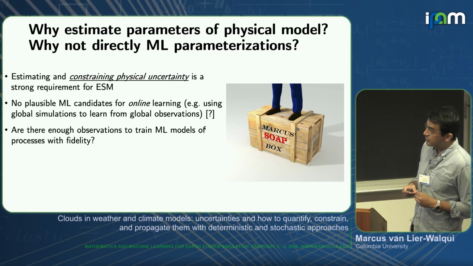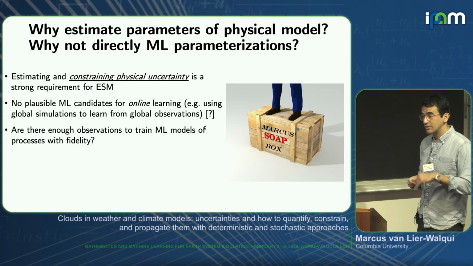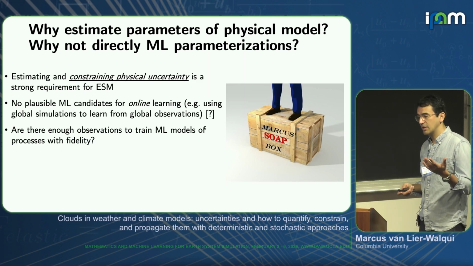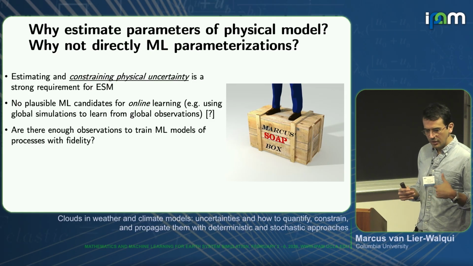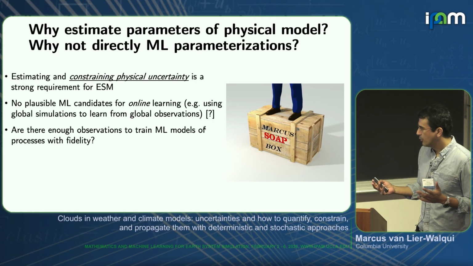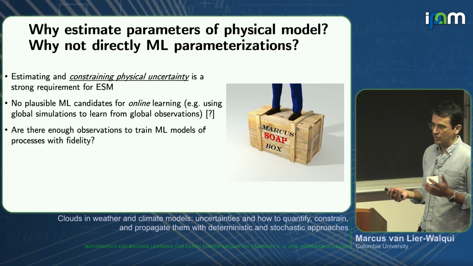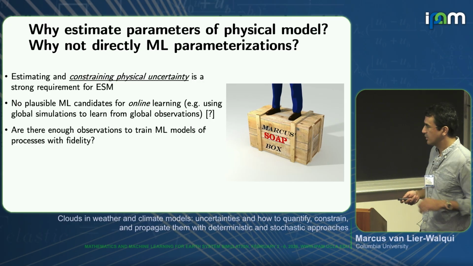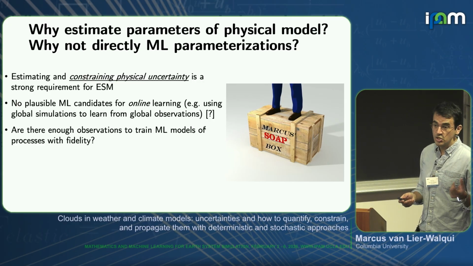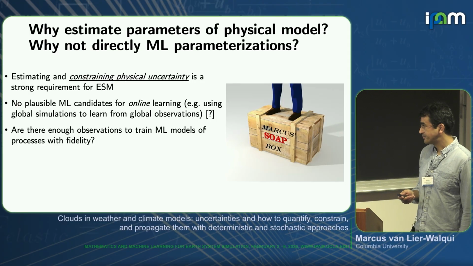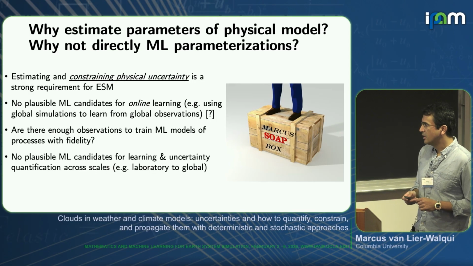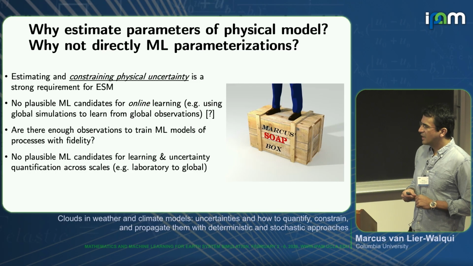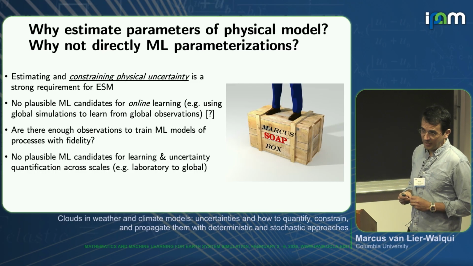Are there enough observations to really train the machine learning models? And especially when we think about things like extrapolating to situations where there's different aerosol outputs or different emission scenarios, right? Sort of the out of sample, the extrapolation. Thinking about something like the emission changes to shipping that happened recently.